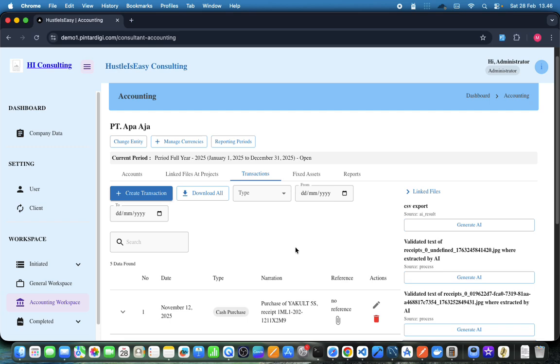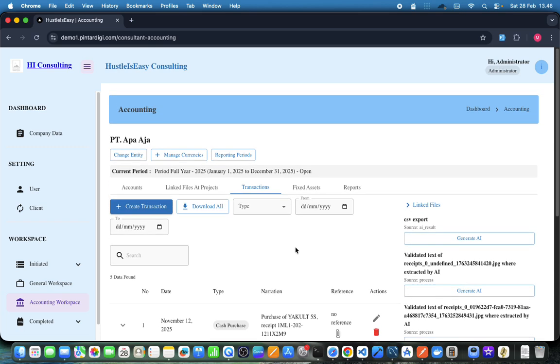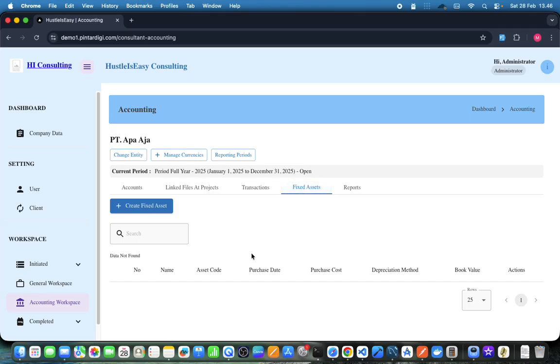After finishing this transaction, let's navigate to the Fixed Asset tab to explore this feature. First, we try to record the Fixed Asset.